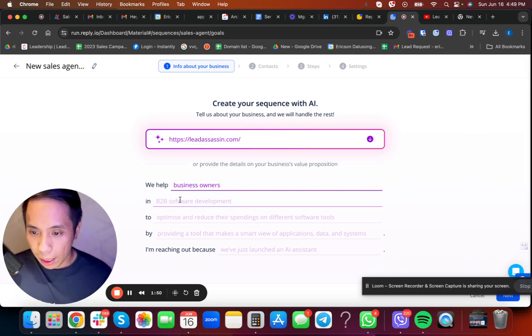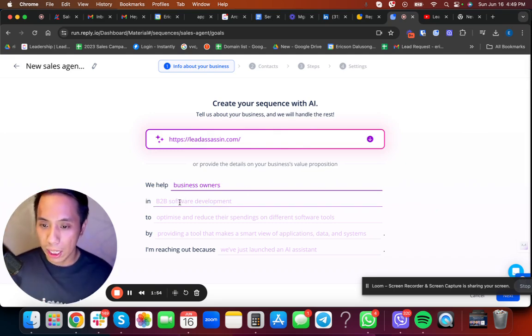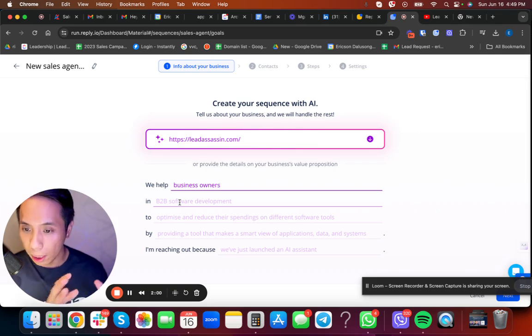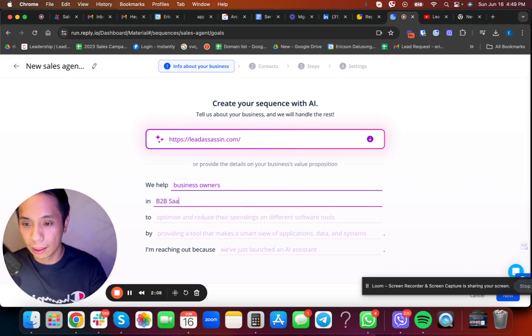Okay, we have to state the niche or the industry that we're targeting here. So as an example, I'm also going to use B2B SaaS.